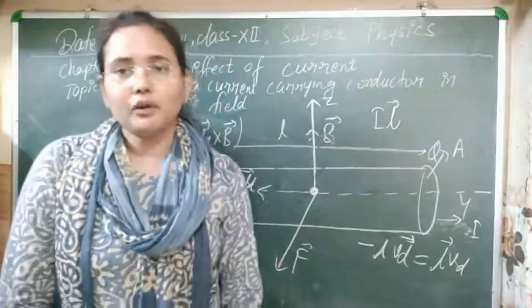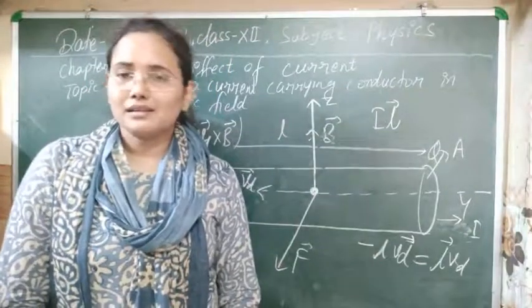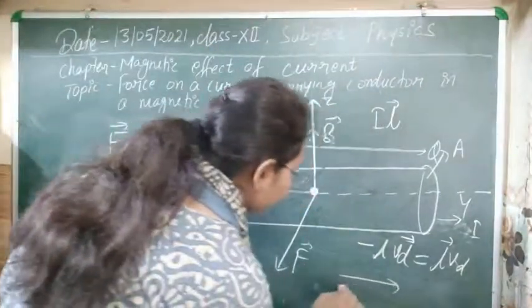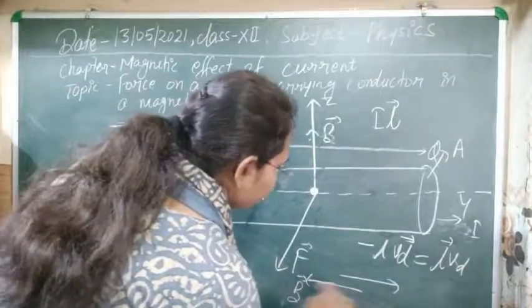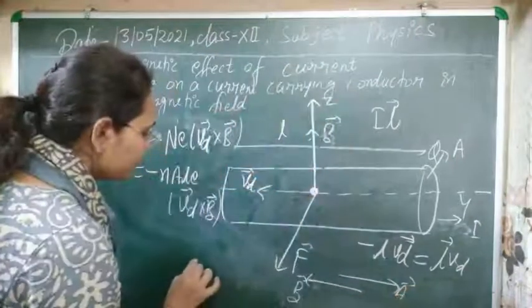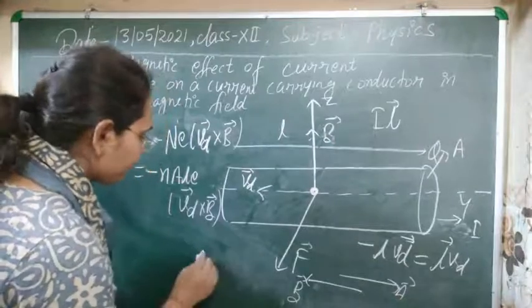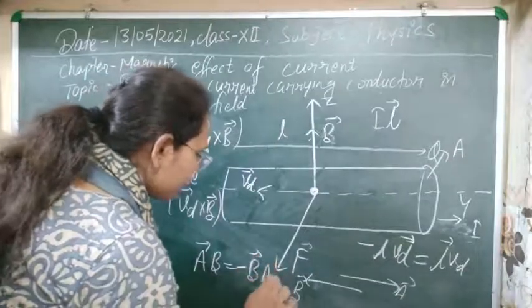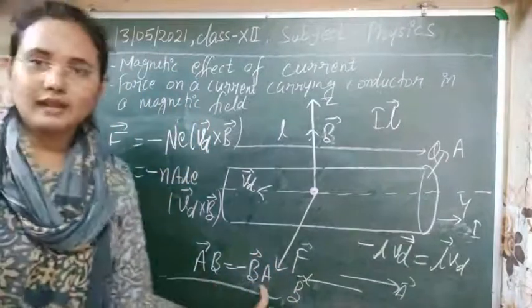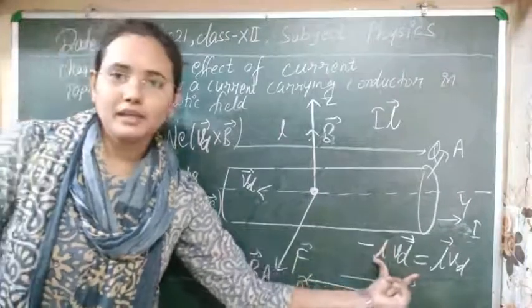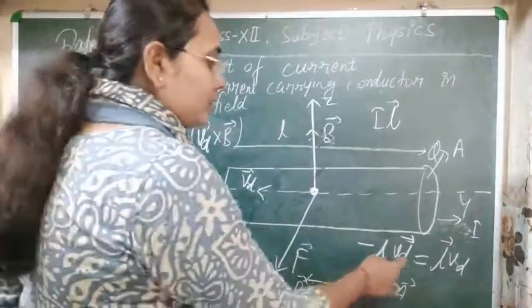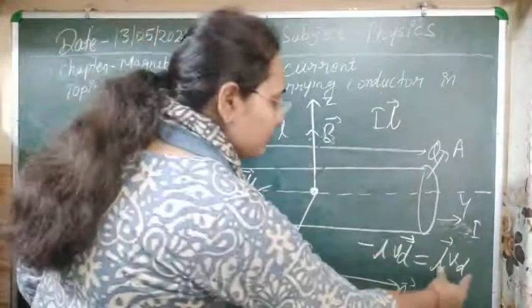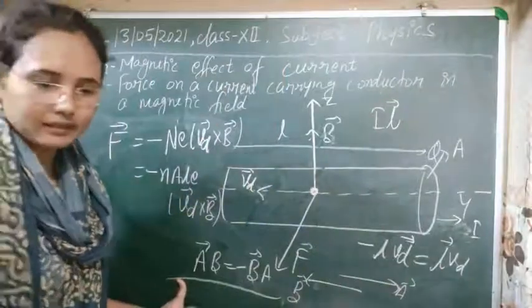As you already know from the vector property, whenever two vectors are opposite to each other, means one vector is in this direction and the second vector is in this direction, this is vector B, this is vector A. So this is the vector property due to which we can write vector A cross B is equal to minus of vector B cross A. This is a property of vectors that we know already, and I am just using that property here. Means the length and vector element for this velocity or drift velocity is equal to this one, by using this concept of vector algebra.